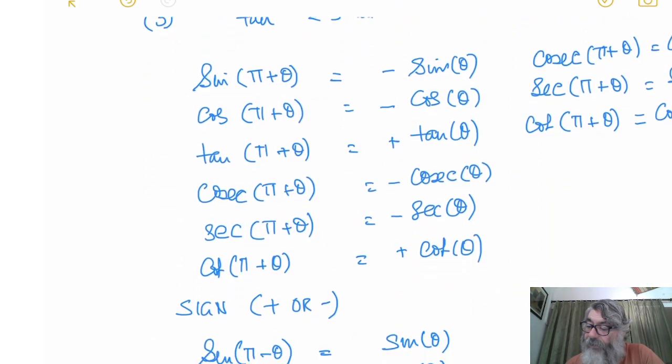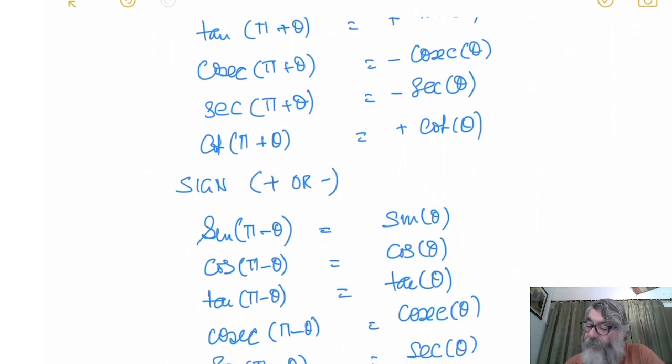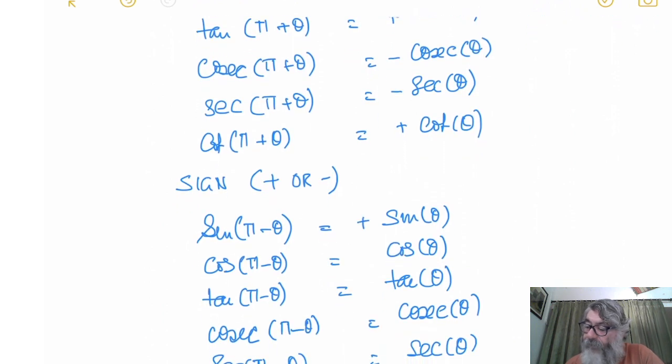So sine is positive and cosec is positive. The rest are negative. I am discussing pi plus theta and pi minus theta just now. So that way we cover the third,